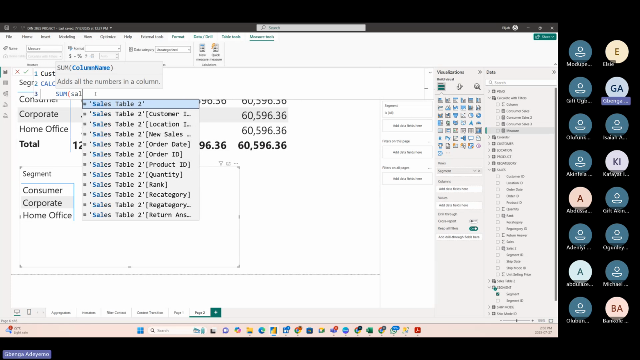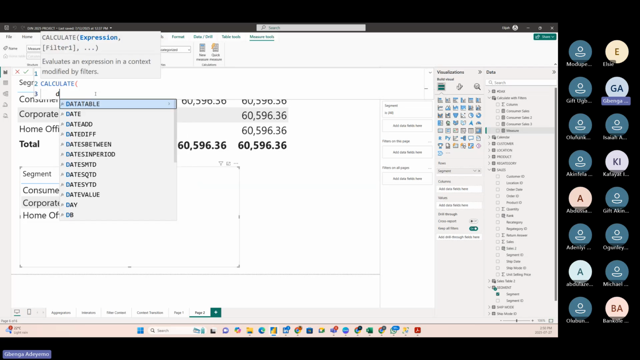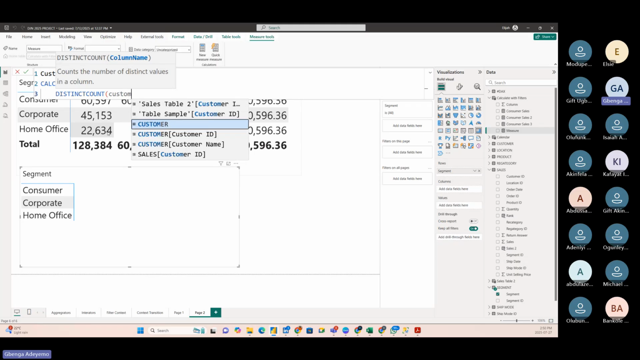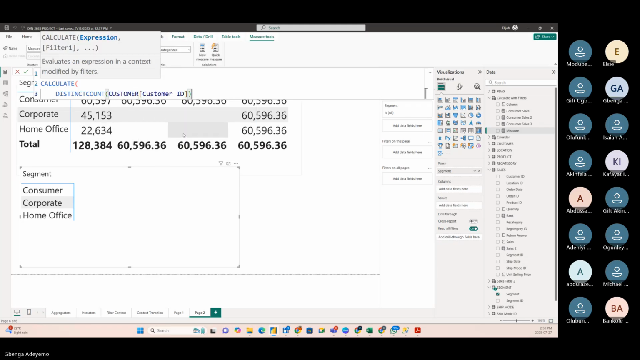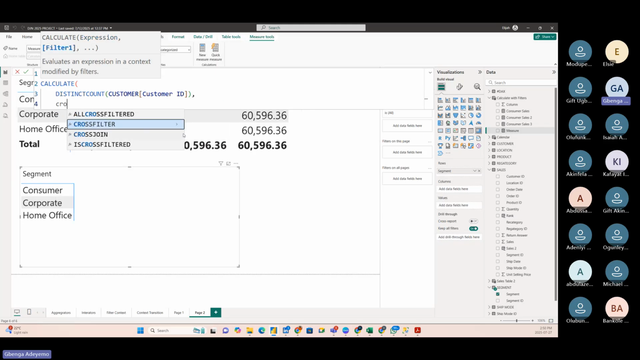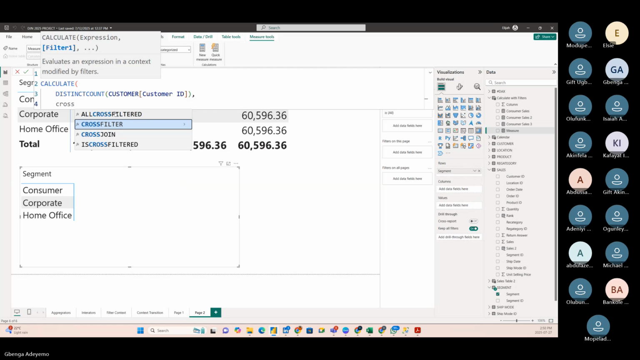I'm not doing that. Sorry. What am I doing instead? I'm doing a distinct count, Abby, of what? Customer ID in customer table, right? And I will now say cross filter. You see now? There's cross join, there's cross filter, but I'm not showing you all of those ones today, right? So cross filter,